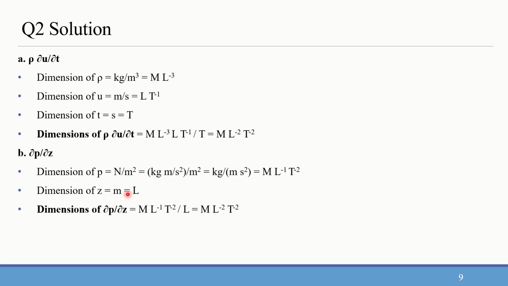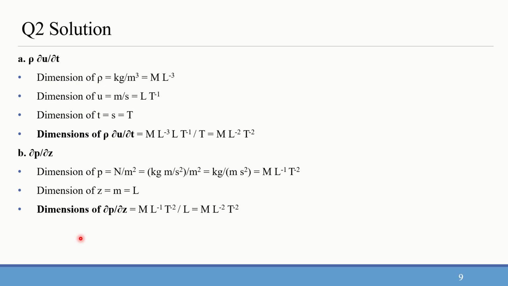Z is m, that is L. So ∂P/∂Z becomes m L^-1 T^-2 divided by L. So m L^-2 T^-2. So here we are able to see both A and B have the same unit. That is how we find the dimension of these two particular terms, and that is how we do